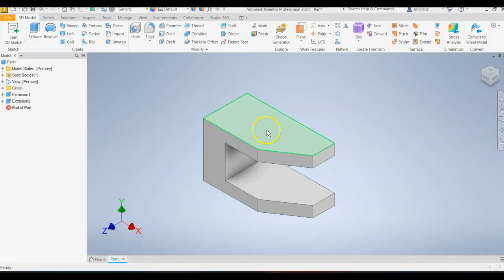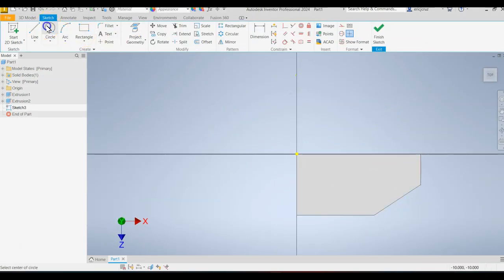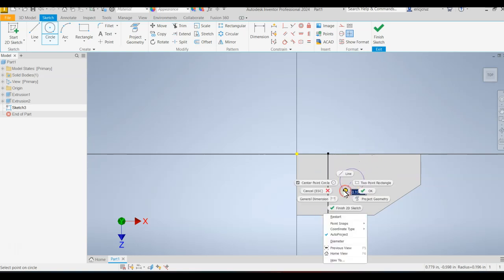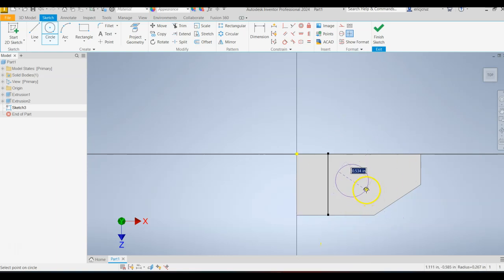So hover over the top, right click, new sketch, click on your circle tool, draw a circle. I am currently set to radius. How do I know that? I know that because the center of the circle has a dashed line going out to the edge. I don't want that, so I'm going to right click, move down, find the diameter, click on diameter, and the